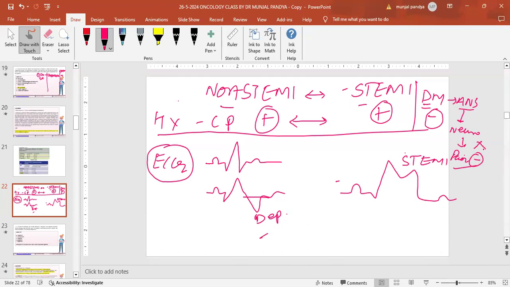Why? Because you miss it. If at 2 o'clock in the night the patient comes to you, and you ask, do you feel chest pain? No chest pain. And when somebody says no chest pain, you will absolutely forget about doing the ECG. What's the impression in your mind and everybody's mind? Chest pain, do ECG. No chest pain, don't do ECG.